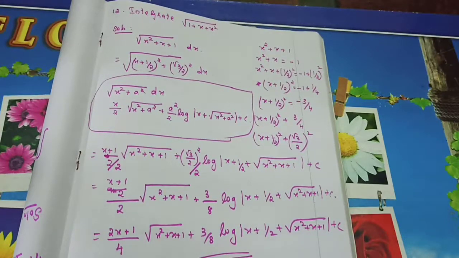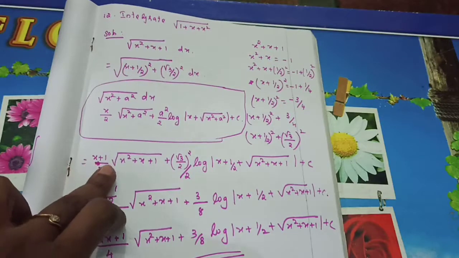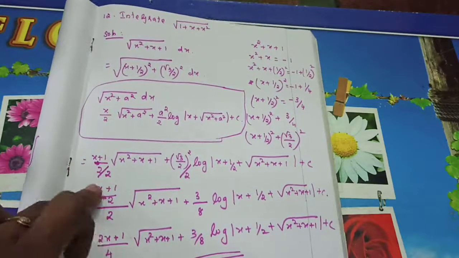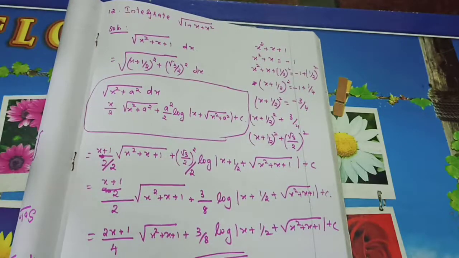Understand? Do it very carefully. Here x plus 1 by 2, not for both. So x plus 1 by 2. Again, when I am taking the LCM only, 2x plus 1 you will get. So here also if I simplify, do it carefully. Understand? Okay, so problem number 11 and 12 completed.